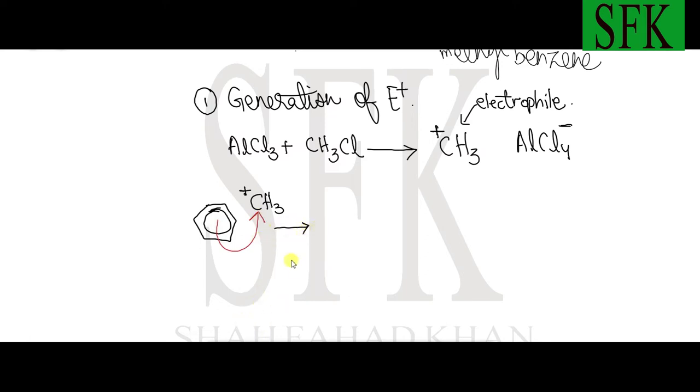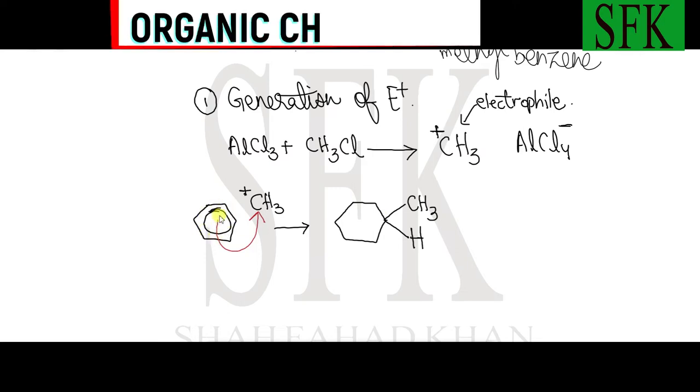After this, the second step is the formation of the intermediate. Now, in forming the intermediate, two bonds need to be displayed. One bond is the bond with the CH3, and the other bond is the bond with the hydrogen atom of benzene. We are going to display one of the hydrogen atoms of benzene. Now, since two of the electrons from inside of benzene are used to form the dative bond, the benzene ring inside of it is